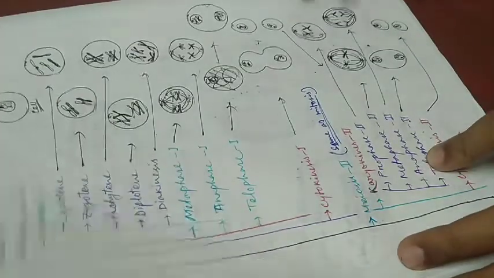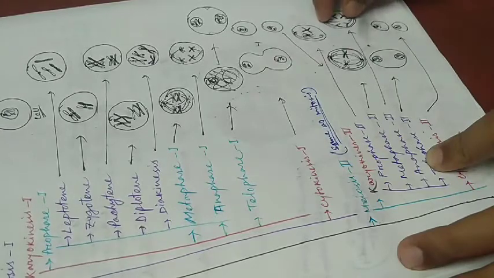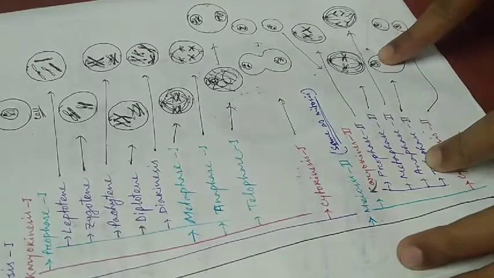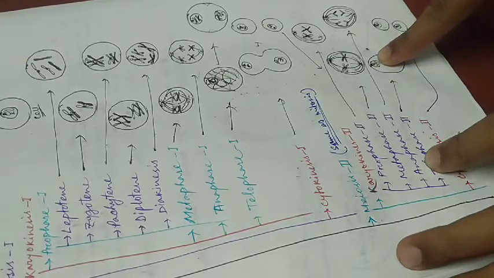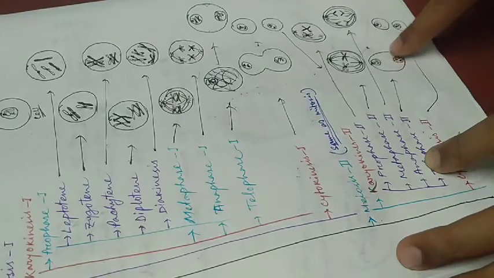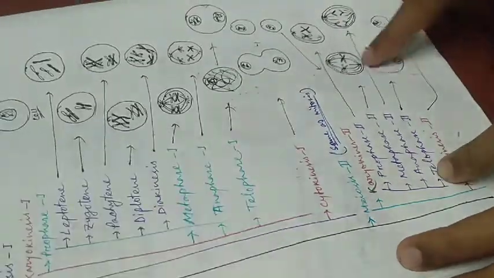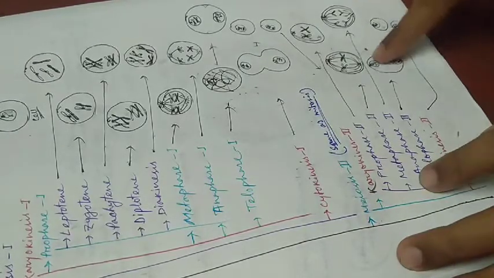In telophase 2, when the chromatids have completely reached the poles, the nuclear membrane and nucleolus reappear, and a new nucleus forms inside the cell. Look here, at telophase 2 a cell contains two nuclei, and after completing karyokinesis, meaning nuclear division,